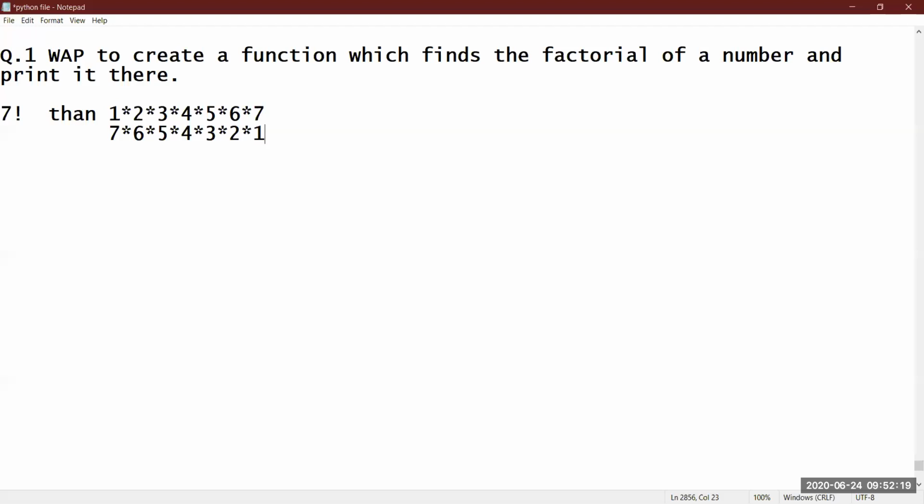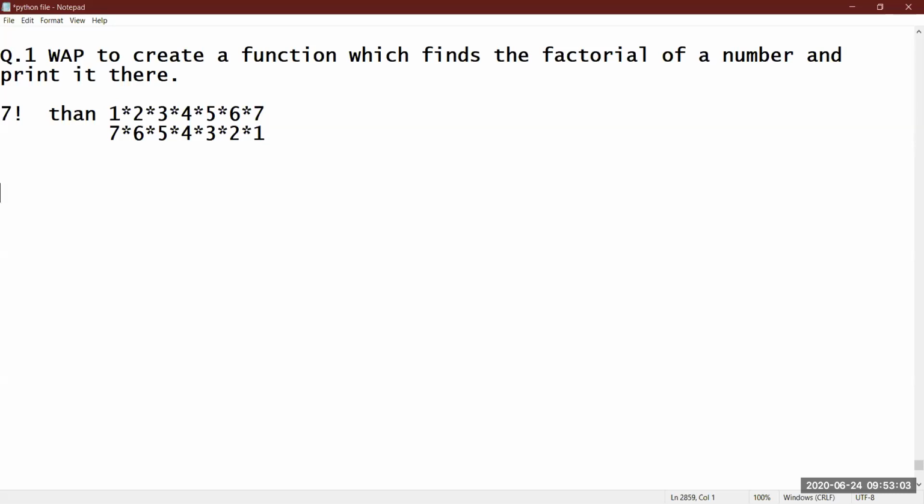Now you all know the logic of multiplying. What we can do, we will use a loop which will run n times. Of course, the loop will generate numbers from 1 to 7. Then you all know how to find the product of a series. That means we will take one variable outside the loop with value 1 and we will multiply the loop variable with that p. That means p equals p into i. If we write p equals p into i within the loop, it will multiply the loop variable with the p value, and at last, it will give the result.